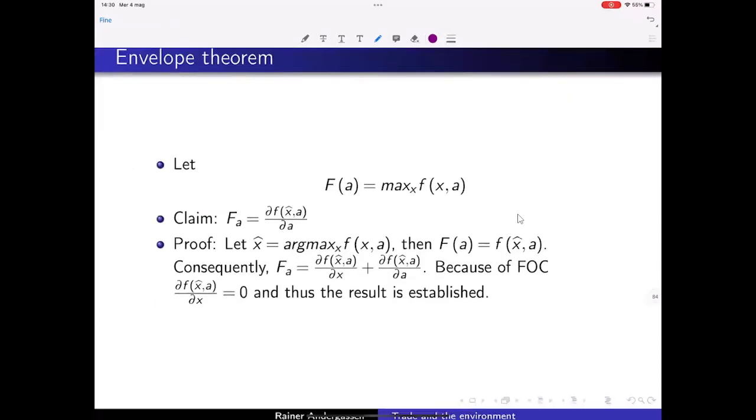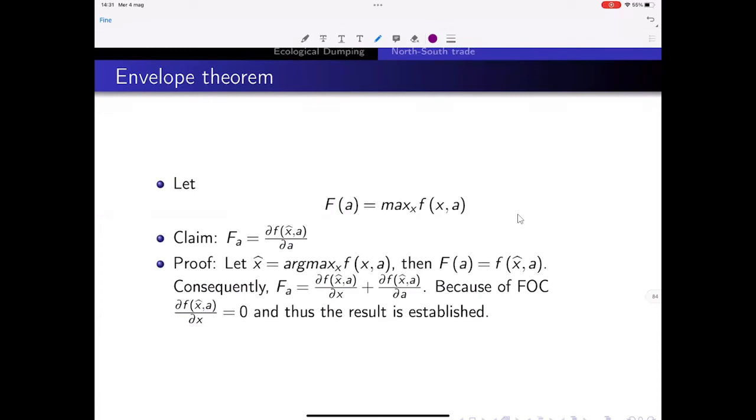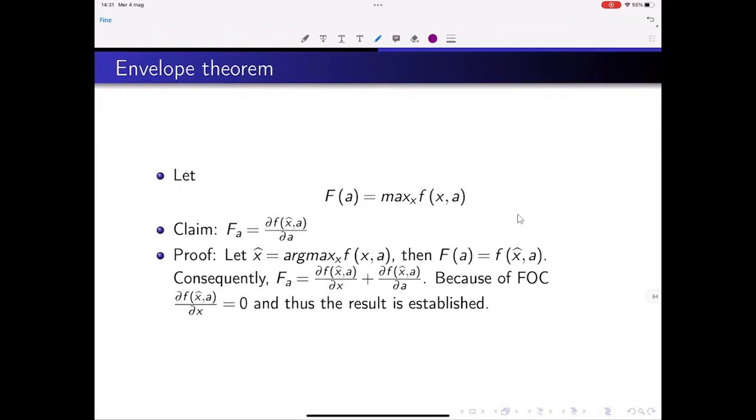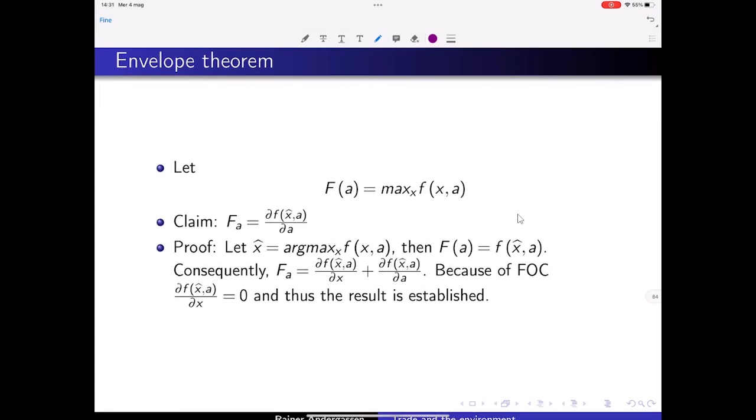Now, over the past years, I experienced that many past students were not very familiar with the envelope theorem. Did you see the envelope theorem in mathematics? It's one of the most important mathematical theorems, and for economics too. That's why I'm going to discuss it very briefly, because I'm going to use it several times now. That's why it's useful to know it.